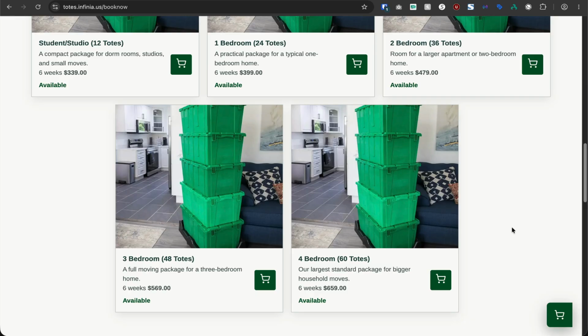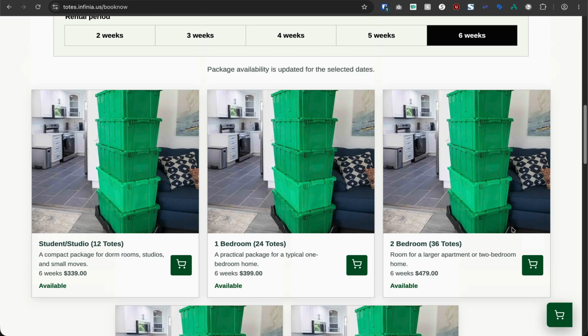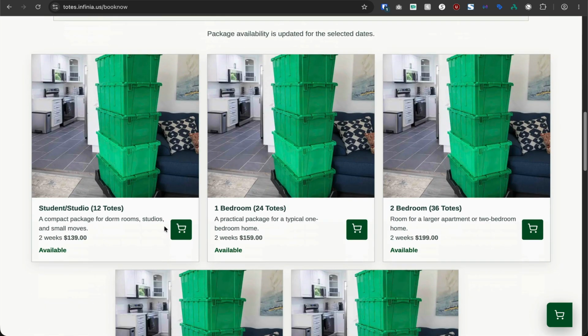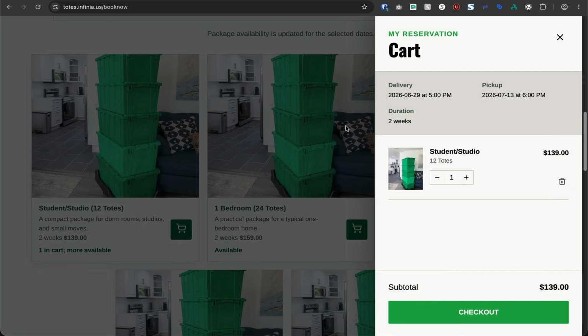This way, the customer can automatically book an offer, and you know that you have the totes to provide them for that order. So let's go back up here. Let's just say the customer only wants 2 weeks, and they only want 12 totes. So they'll click this button to add it to the cart, and from there, they can go directly to the